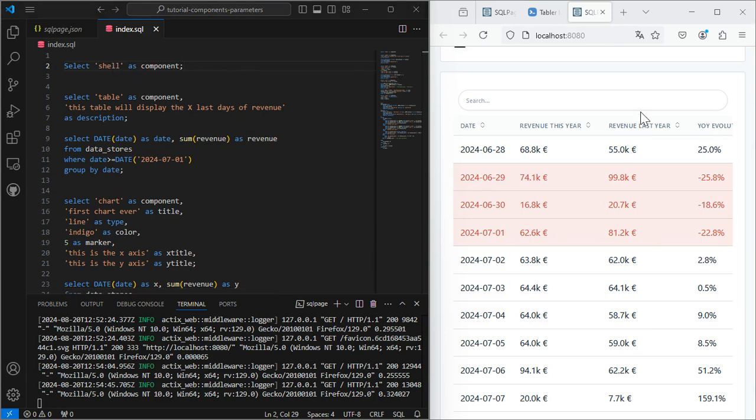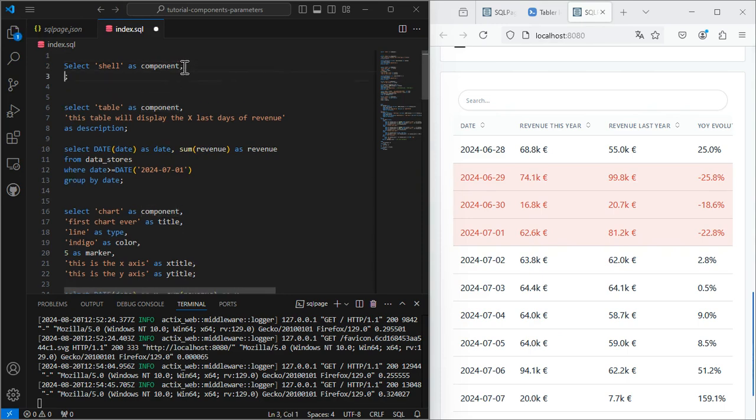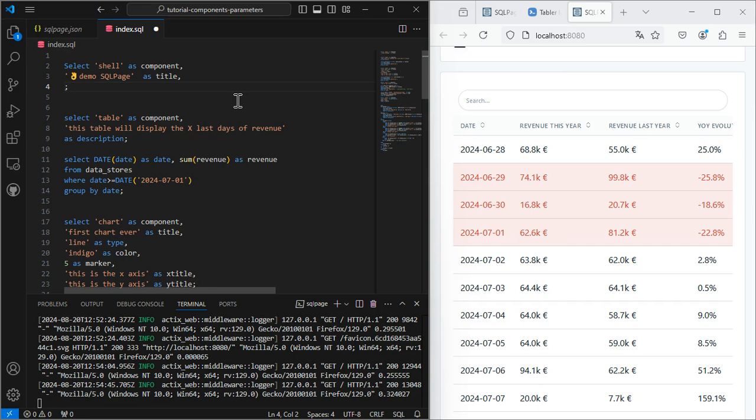Let's add some top-level parameters to the shell component. For instance, a title. Also, let's make the theme dark. It will be the display for the entire page.